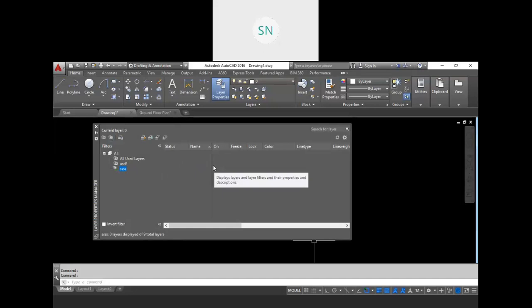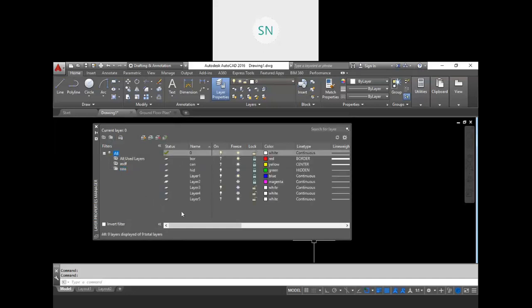So I am going to all layers and I want these last three layers as a group. So layer 5, click, drag and drop on this. Again drag and drop on this, drag and drop on this, right? So these three layers we put in a group.